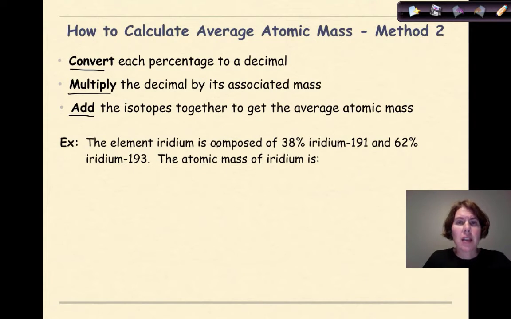So we're going to use the exact same example again, but going with this particular method. So one more time, the element iridium is composed of 38% iridium-191 and 62% iridium-193. The atomic mass of iridium is, so I'm going to take that first percentage, which is 38%, and I'm going to convert it into a decimal. 0.38, and then I'm going to multiply it by its mass, 191, plus the 62% I'm going to convert into 0.62, and I'm going to multiply it by its mass,